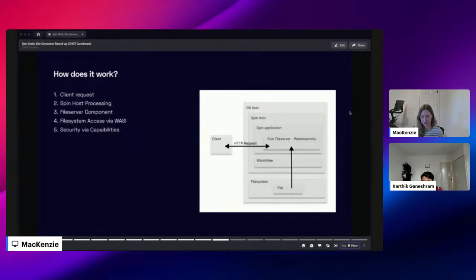So you'll see this in practice, and we did this a little bit earlier, but we pass in the path whenever we're creating that Spin application, and that's what's going to be evaluated. And if the request was correctly formed, then it's going to get routed to the file server component. And in the application manifest, we're going to specifically give that file server permission to read files from the disk. And this is done through WASI, the WebAssembly System Interface we talked about earlier, that is granting